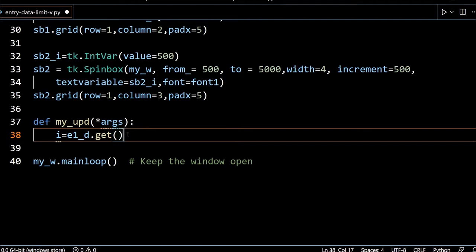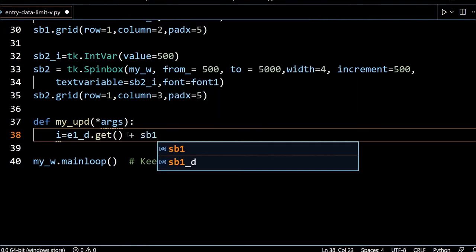So I have to use get and set methods for any string variable or integer variable. Two methods are important, get and set. Get to receive data, set to set the data. Now plus, because every time I have to increment it. The present value I have to increment to the next. If it is 720 and my increment value is set to 0.2, then it will be 720.2. So I add sb1 dot get.